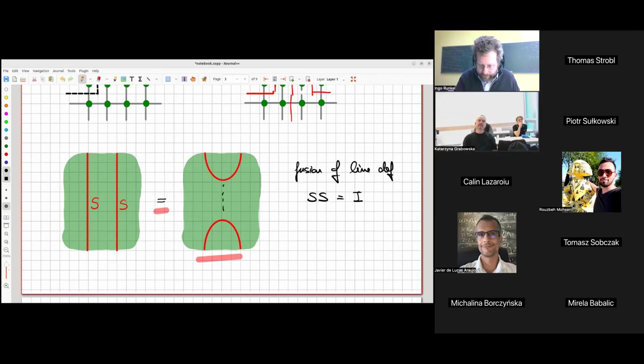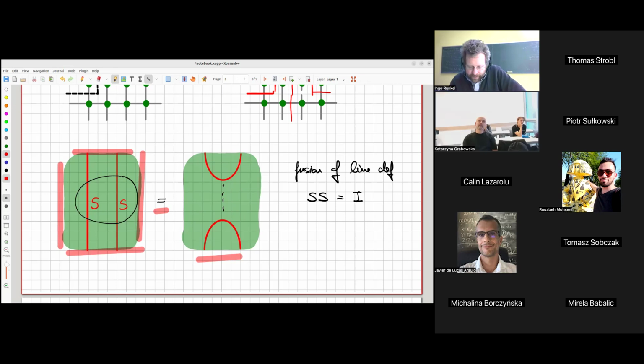So I'm sort of saying, let me fuse these two lines. So whenever I talk about configurations, I want to do a local manipulation on the lattice. So I want to keep the boundary fixed. I don't want to modify anything, and I do some manipulation in the middle. And so in this area where I've drawn the circle, I'm fusing my two red lines, and they go away to the identity defect, which is nothing. Suppose these would continue my lines, they would maybe be a big circle on the lattice like this, right? Then I could indeed move them together and they would disappear totally.